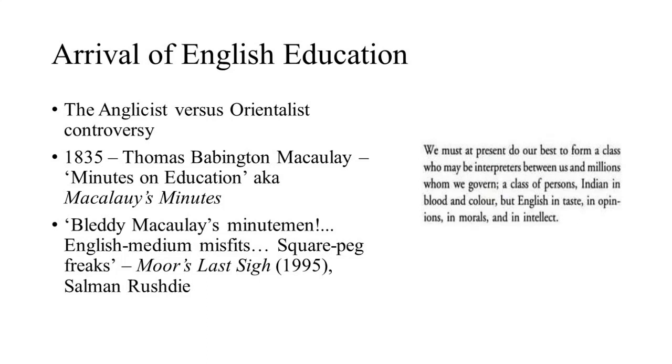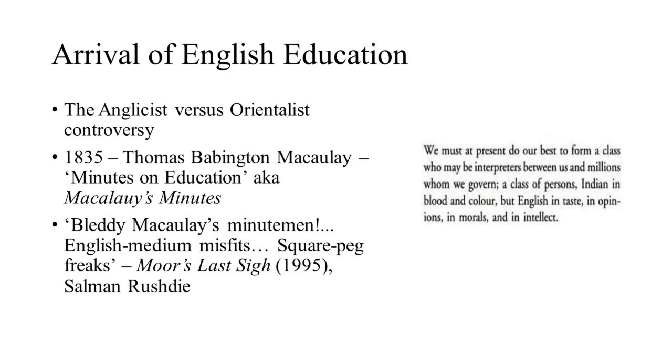So the arrival of English education happens in the context of a particular controversy at the beginning of the 19th century. It was decided that a British colonial education was necessary in order to create a class of Indians working for the British administration, to make sure that there is a class of people working between the colonial administrators and the masses they are ruling. So how this education should be initiated, what kind of an education it should be, was